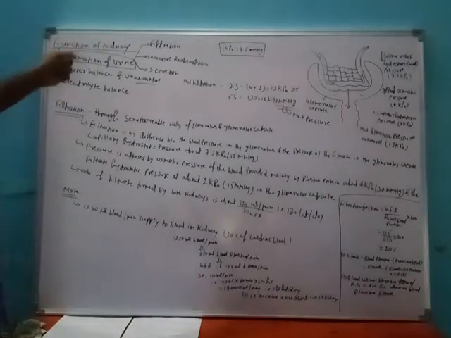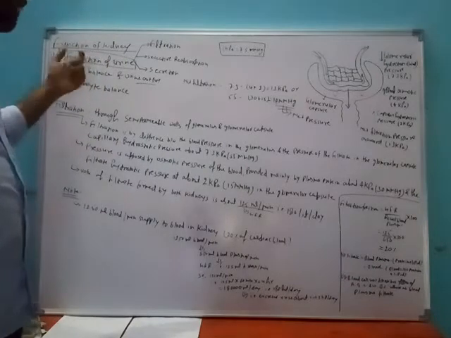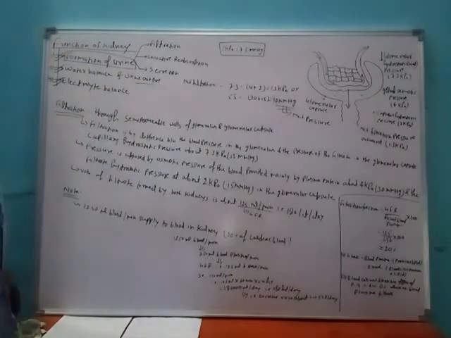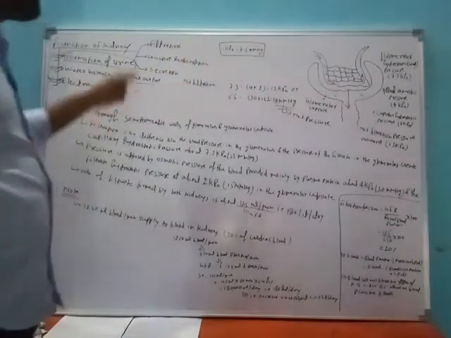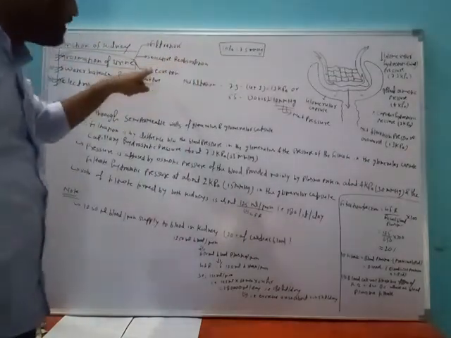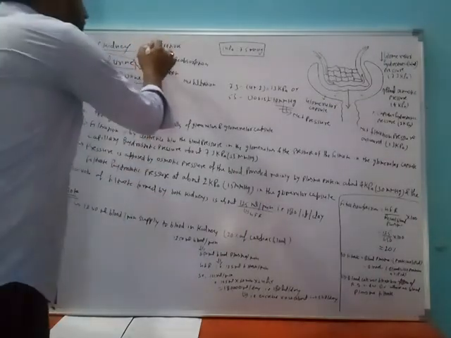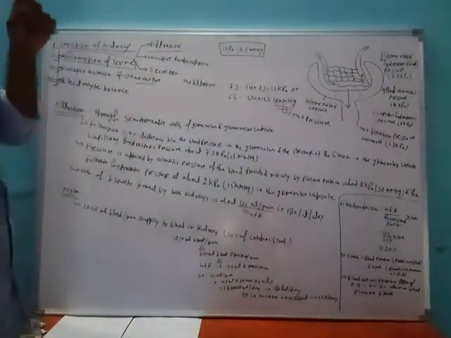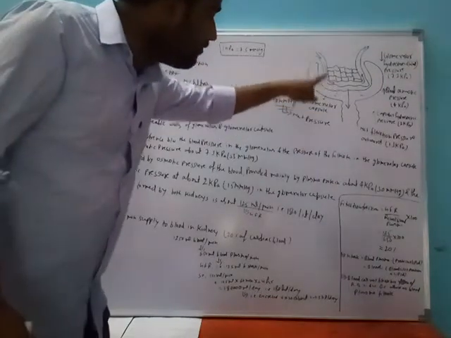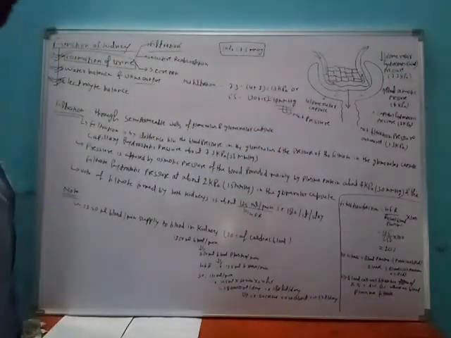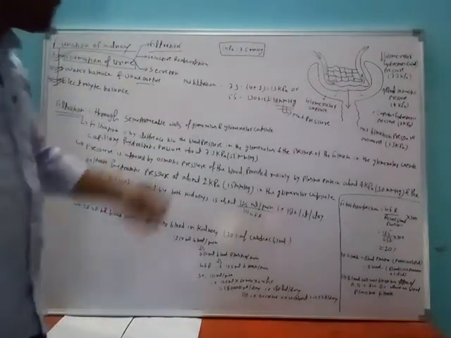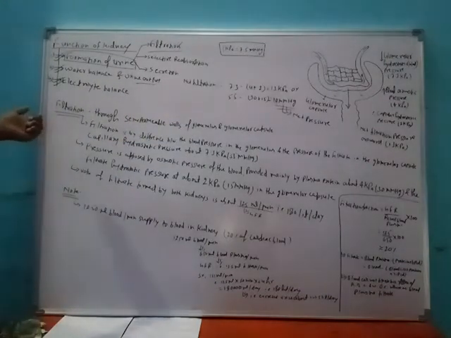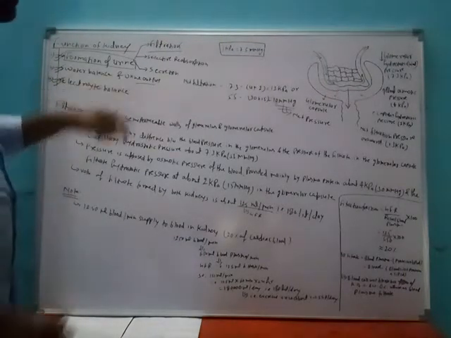There are mainly three processes in the formation of urine: filtration, selective reabsorption, and secretion. Filtration is the process in which, in the nephron, impure materials are filtered. If you talk about filtration, it depends upon the pressure